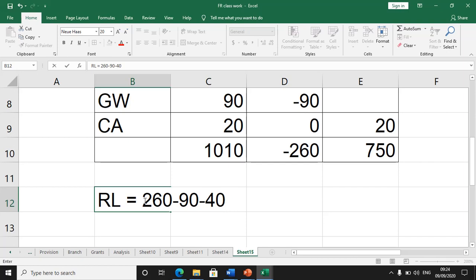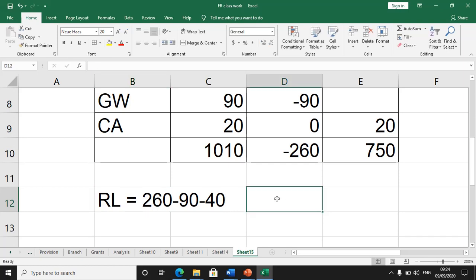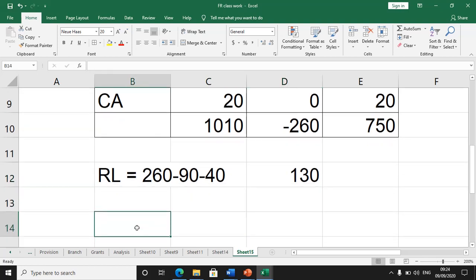Okay, how much are we getting? If we use the power of Excel, I think we should be okay. I think you can see something there, 130. So that 130 is to be spread between buildings and plant and equipment. So buildings will get,